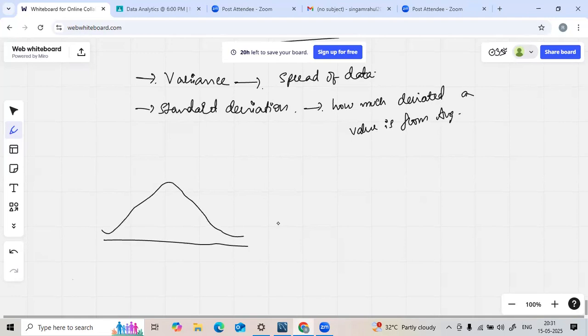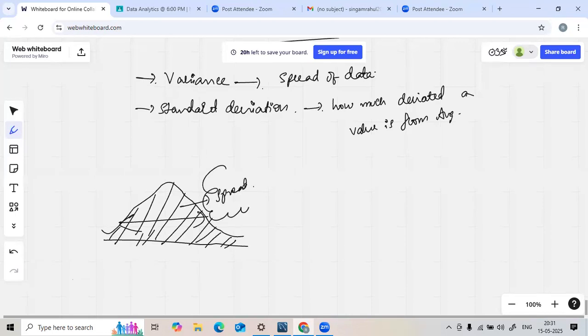When you are talking about normally distributed data, whatever data you have, all these marked positions within this curve, you call it the spread of data. This entire data, we call it the spread of data. How much spread it is, you consider with an option called variance. But what is standard deviation? For example, if you take the average value of this data, somewhere you will get the average value here, and you will have deviations like this. First standard deviation, second standard deviation, third standard deviation.